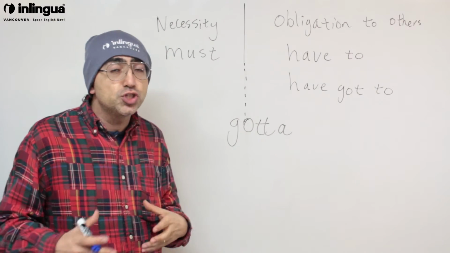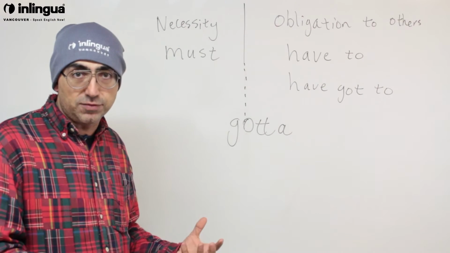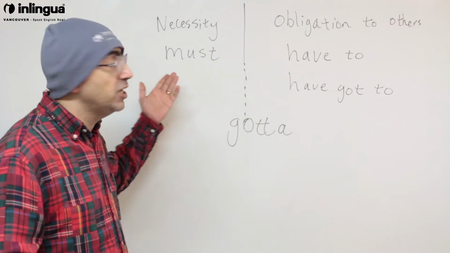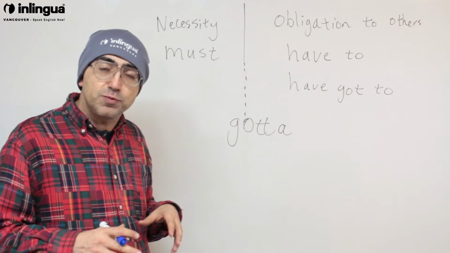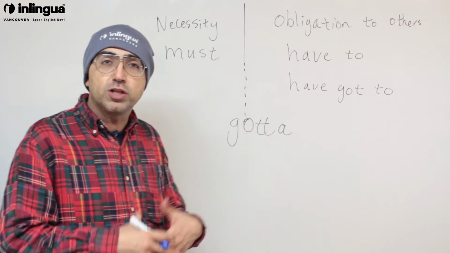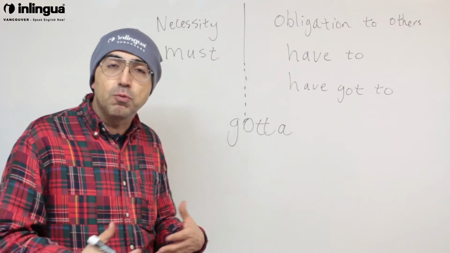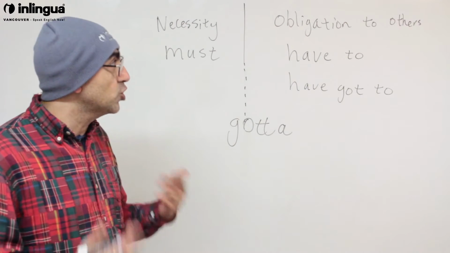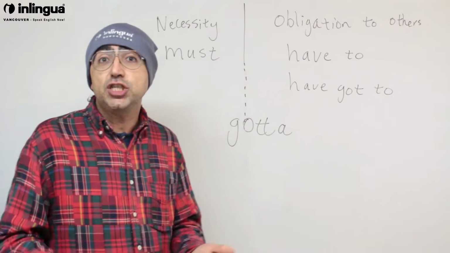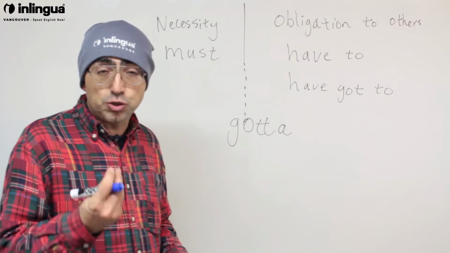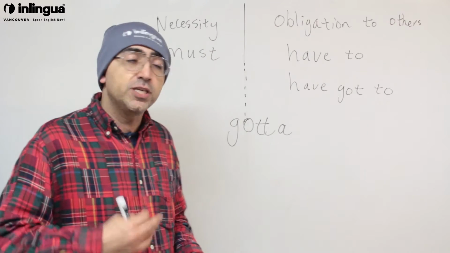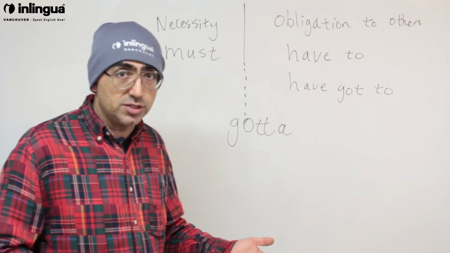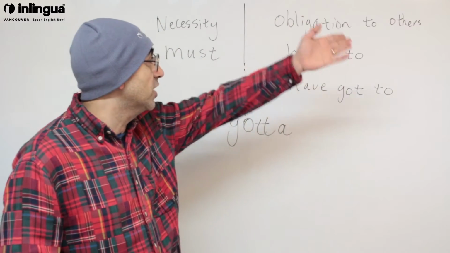And that should make it abundantly clear to you that must is a necessity. Necessity according to some conception about the reality of the world, about the objective truth about things. And that is why you don't hear it as much anymore. Because today is in the world of epistemic modesty. We don't make absolute claims about the truth anymore. So more and more, it's more common to just talk about what obligations we have to others. And that is the source of normativity. Obligations to society, obligations to governments, obligations to parents, right? So you see, obligation to others is have to.